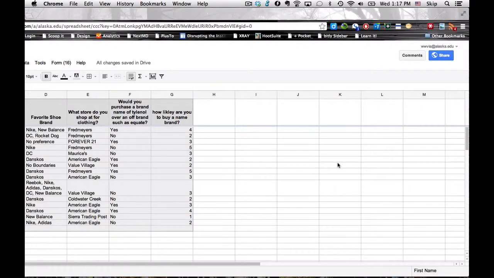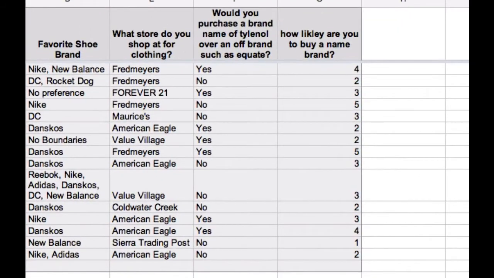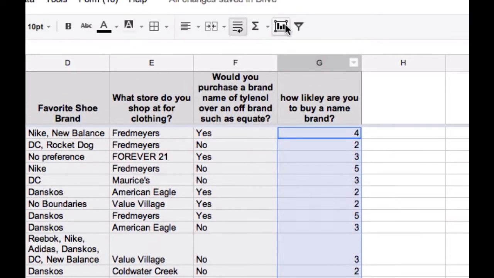So here we have a spreadsheet that asked a scaled question about how likely you are to buy a name brand, and the scale was from 1 to 5. Now if we did the normal charting process on this spreadsheet, we'd highlight the data that we wanted to chart, click on the chart,